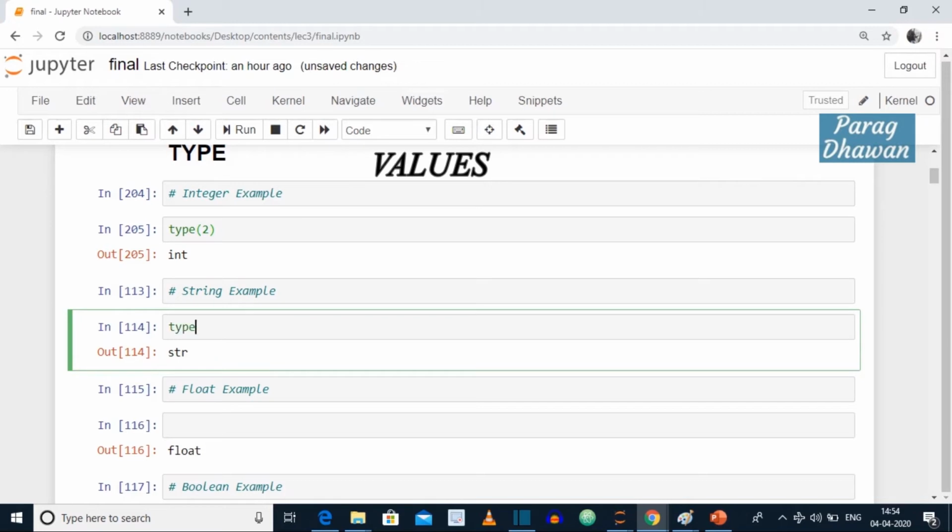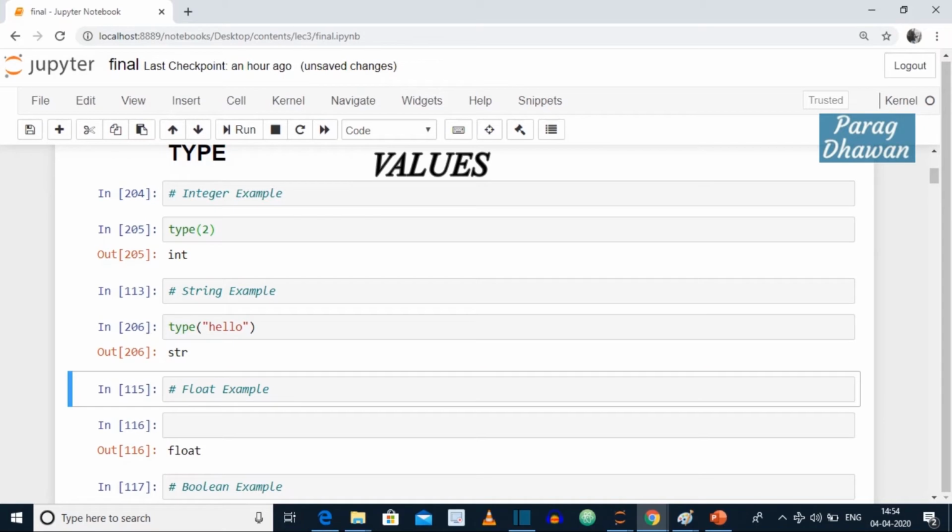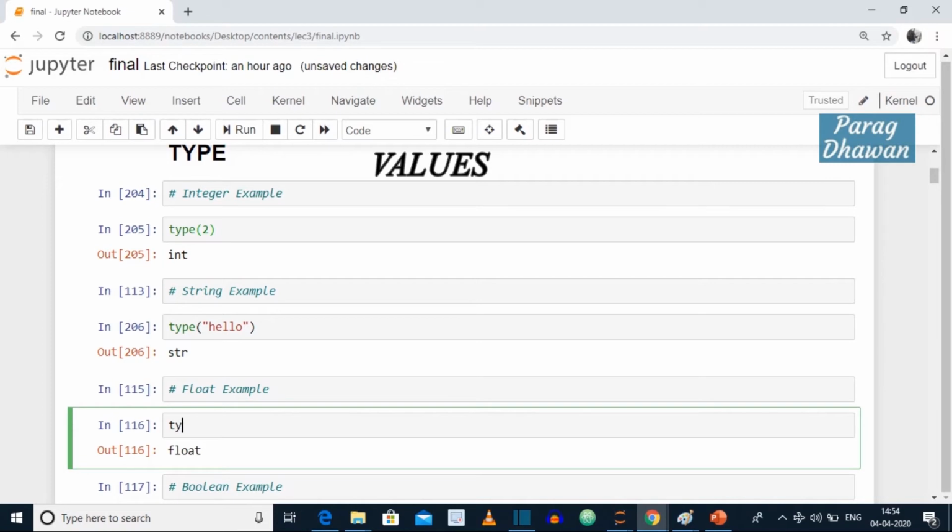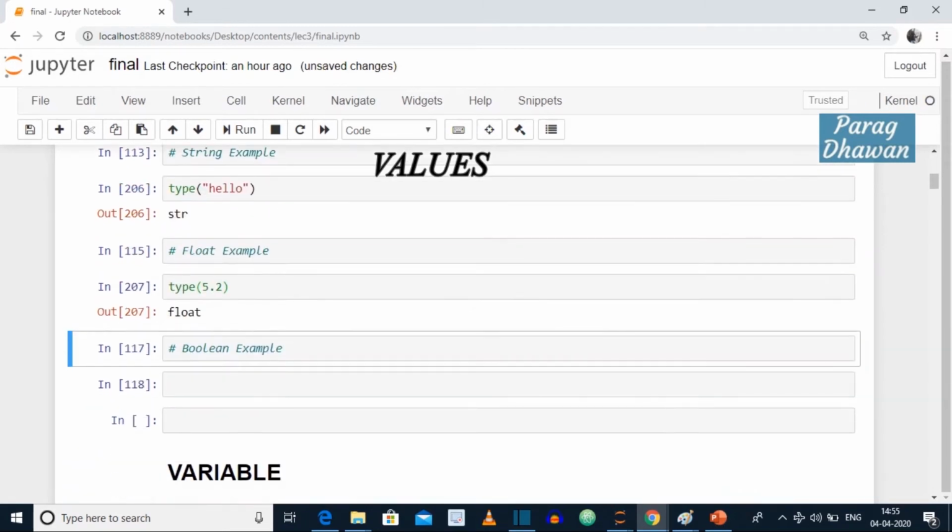In double quotes we will write a string hello. Shift enter, another command for running a cell. Type of hello is str. Float example, click on the cell, write type in bracket floating point number 5.2. Type of 5.2 is float.